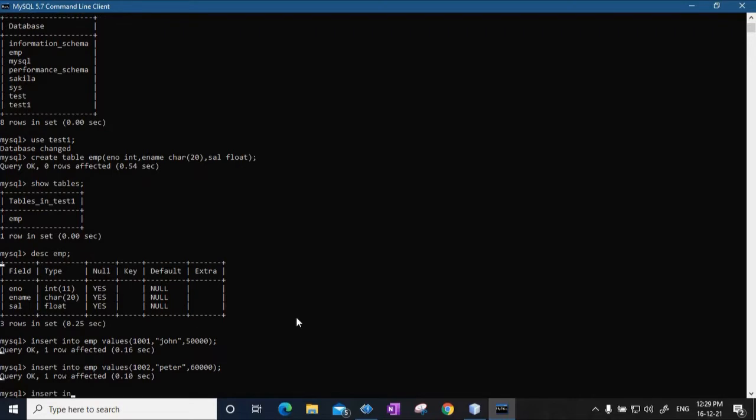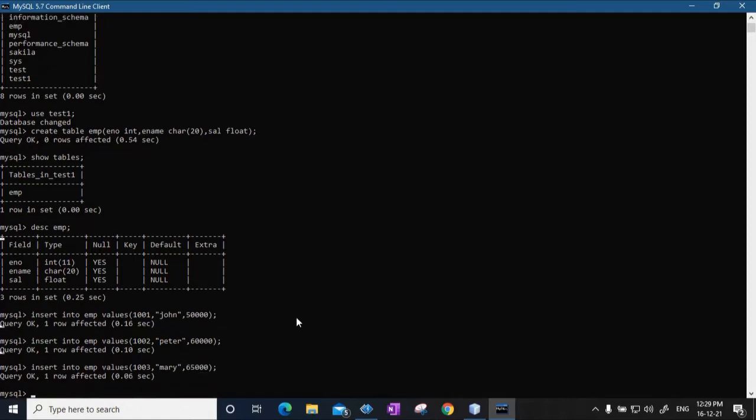In a similar way, I'll also insert another tuple. The value 1003 is the employee ID, the name is Mary, whose salary is 65,000. Let's say there are 3 entries in the database table.